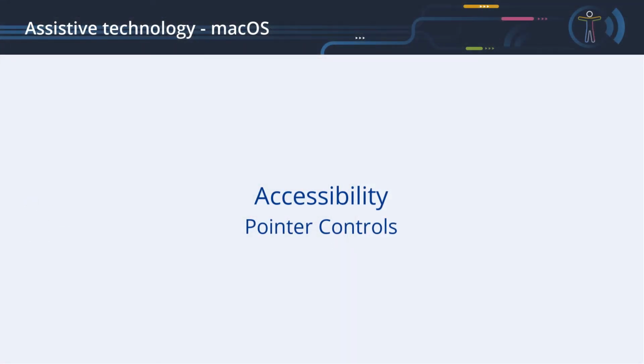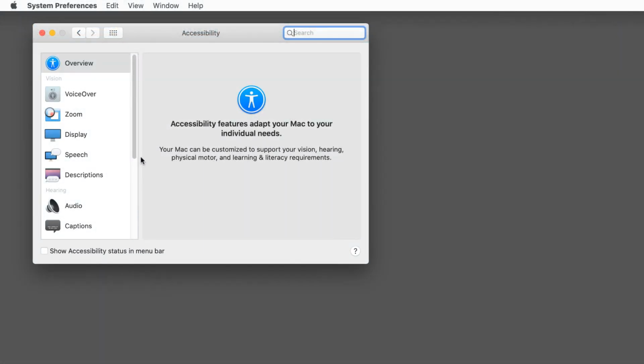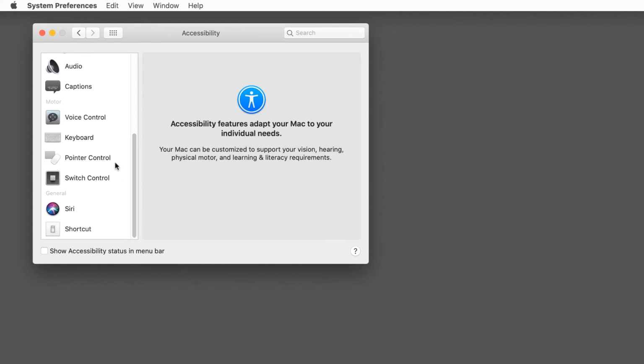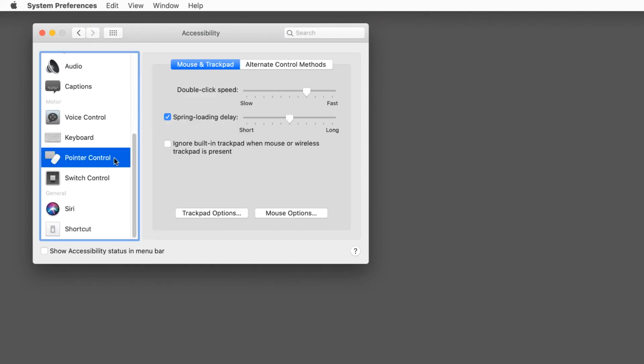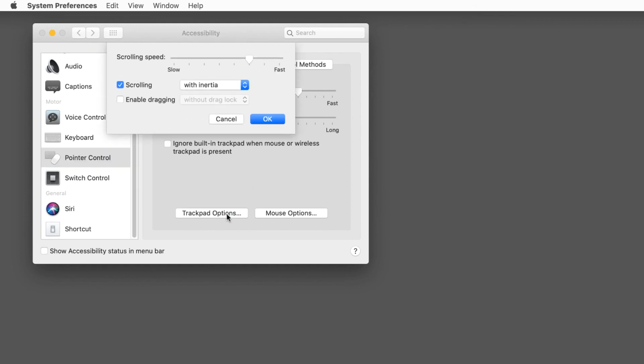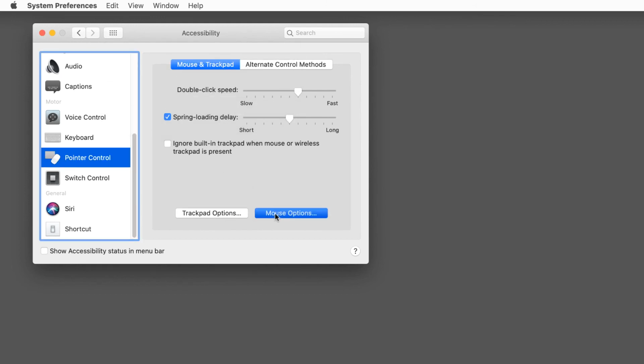Pointer controls. The Pointer Controls panel enables you to configure several pointing device-related parameters. In case you cannot execute fast movements, you can configure the amount of time between 2 mouse clicks for it to be considered a double click. There are several more timing-related options here to configure mouse and trackpad behavior. As this course cannot go into every detail, we will not explain them here. Feel free to experiment with them to see if they can improve your user experience.